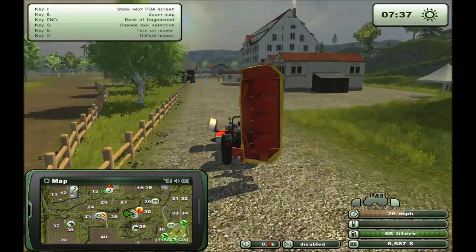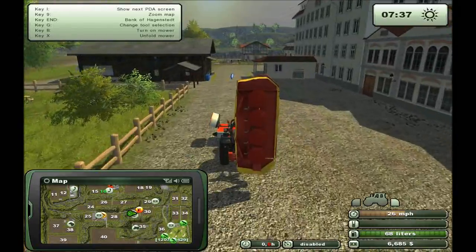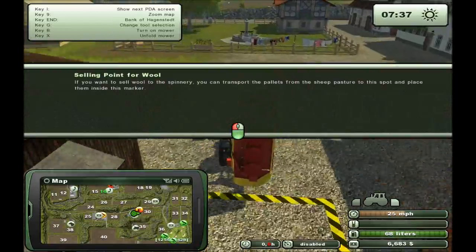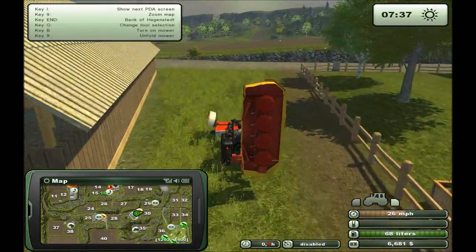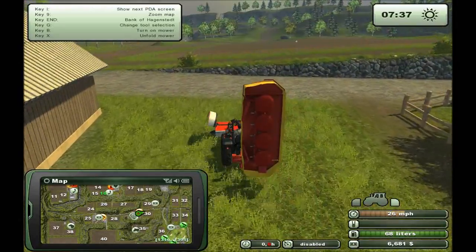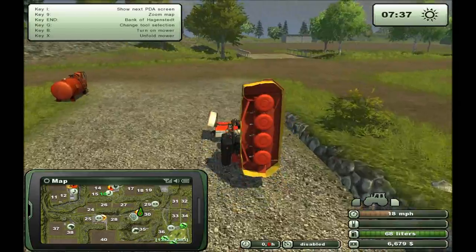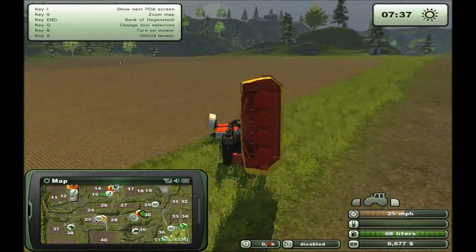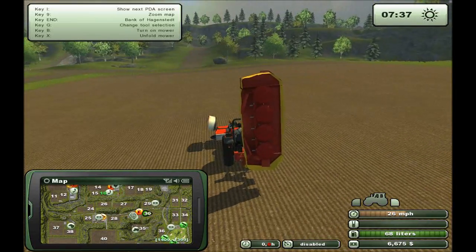Also, this game contains animals, chicken, cows, and sheep. And this is where you sell the wool if you have sheep. I have no animals at this time. I'm not ready to get started on animals yet. My friend is telling me that animal care is costly. Well, anyway,